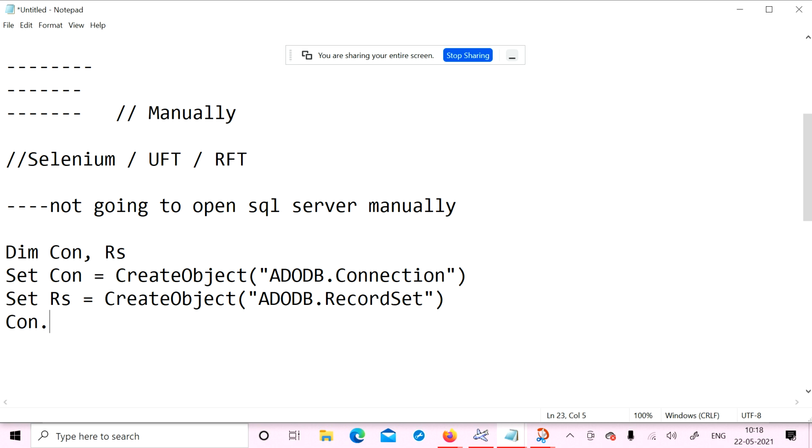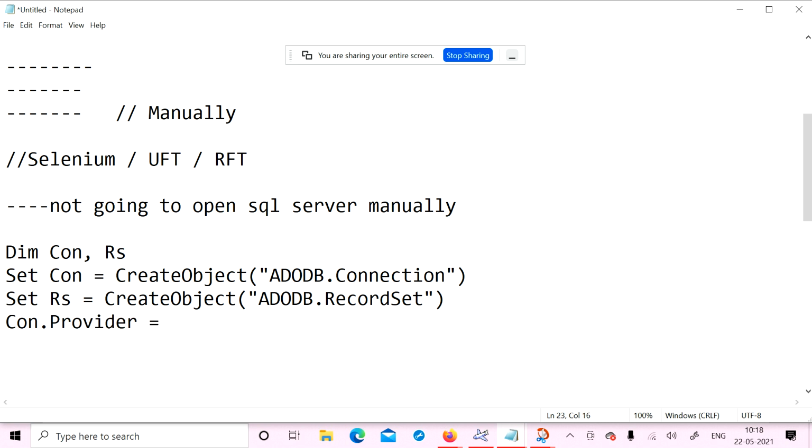Suppose if the database is available in Access, we just need to change the provider name. If you don't know, the developers will tell you the provider name for SQL. Don't worry about that. Why are we going to specify the provider name?